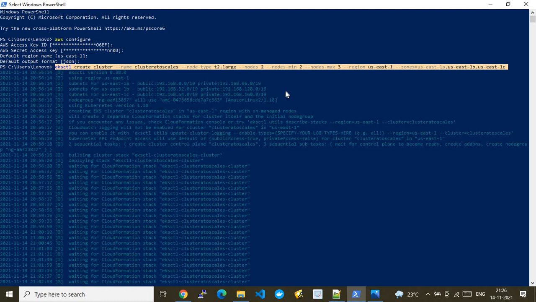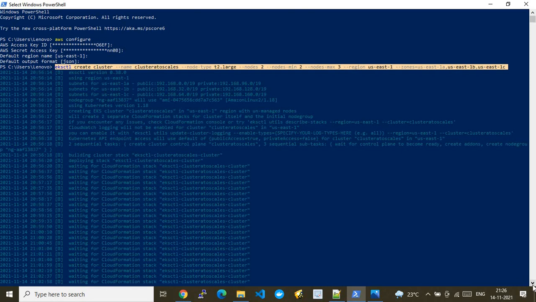In that case, EKS provides one more layer called node groups. A node group is nothing but a group of EC2 instances which you are logically grouping under the EKS service, and on top of those EKS nodes, you configure your required pods. So that is where node groups come into the picture.